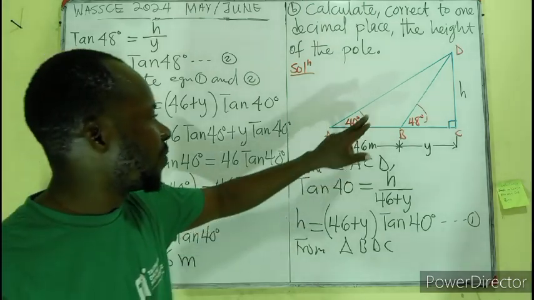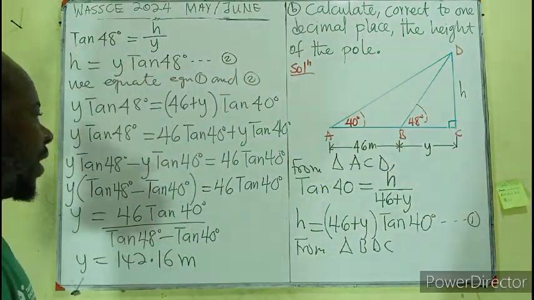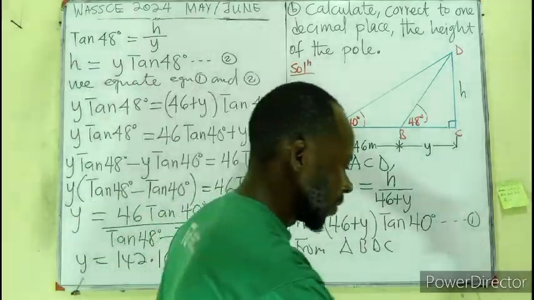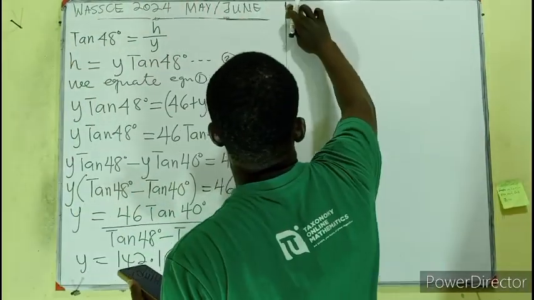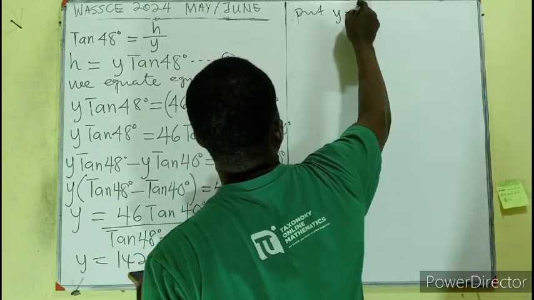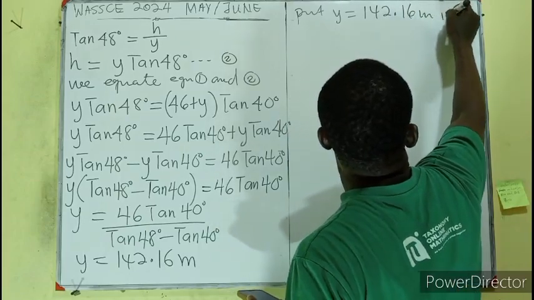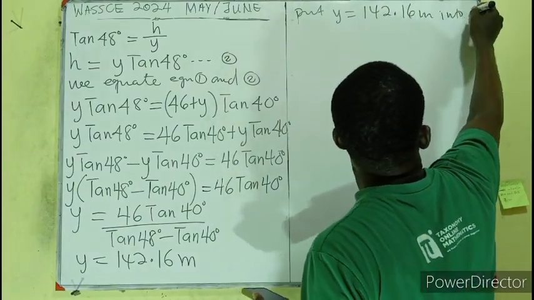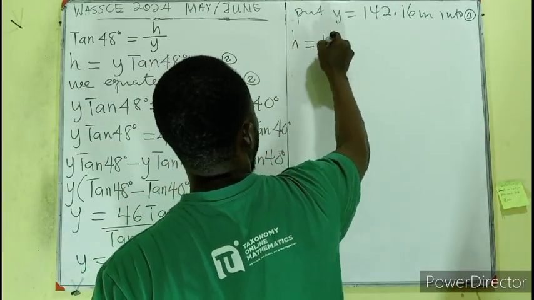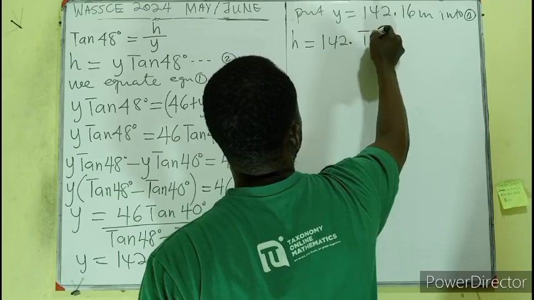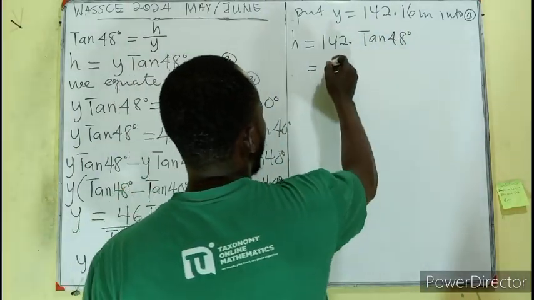Okay. So this is the first part of the question, we're representing on a diagram. The second part, we are looking for the height. So let's clear somewhere and continue. So here, we are saying put y equals 142.16 meters into equation 2. From here, h will be equal to 142.16 times the tan of 48 degrees, and if you put that, you'll be having